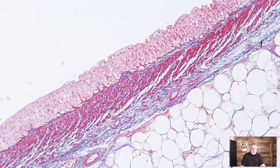What you're seeing here is an actual human rendition of what's happening with the very outer layer. So if you look here, this is what would basically be the very, very outer layer of our skin, the epidermis. And you can see how that starts to transition into the dermis layers. And of course, we're going to move all the way to the fat cells. So this is the type of diagnostics that we can take a look at, cross sections, and what you're able to see here. And I'm going to be showing you additional